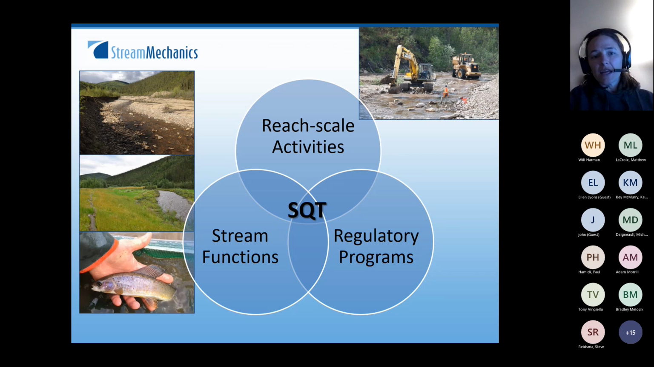I love this slide. It shows how the SQT is sitting in between multiple drivers. So the SQT isn't a whole condition assessment of stream functions. We used function-based parameters, and really the parameters and metrics that get selected are those that are thought to be sensitive to reach scale activities. So there's a whole lot of stream functions that are very important, but they may sit outside the SQT,